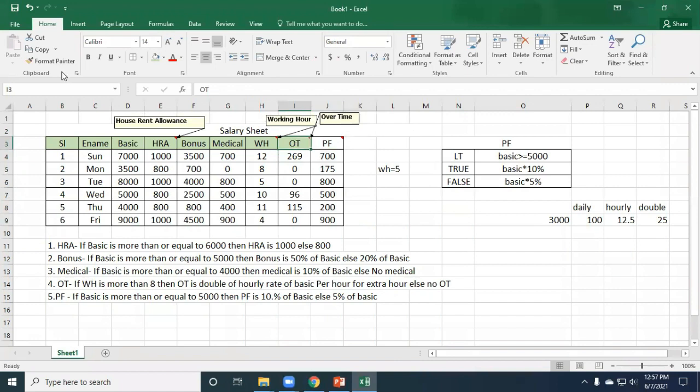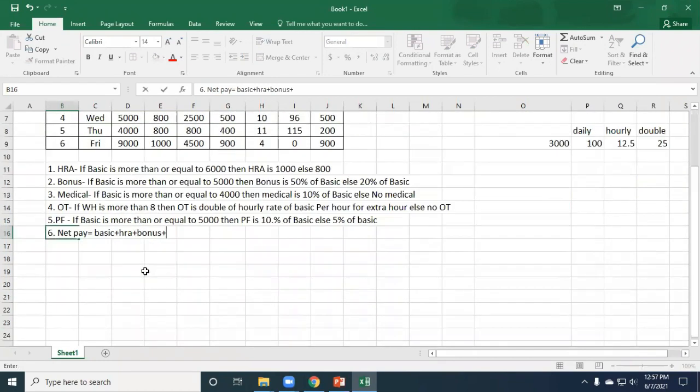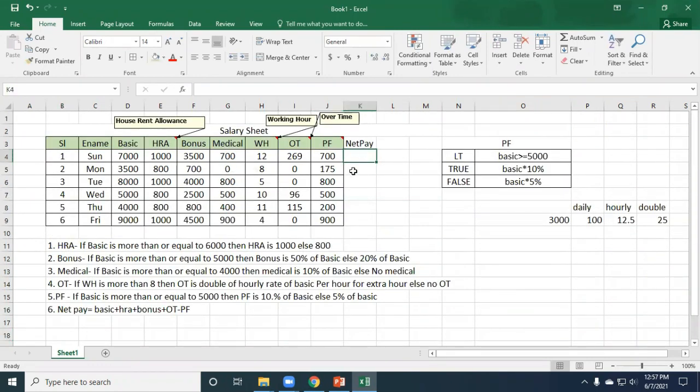See now, we can find out net pay. This is our last column, net pay. For example, at the end of the month you are going to get the salary. So how can you find net pay? Net pay means all things will be added: basic plus HRA plus bonus plus medical plus OT. The problem is you have to deduct the PF, because PF you are going to get at the end of the service, whenever you terminate or leave the service.